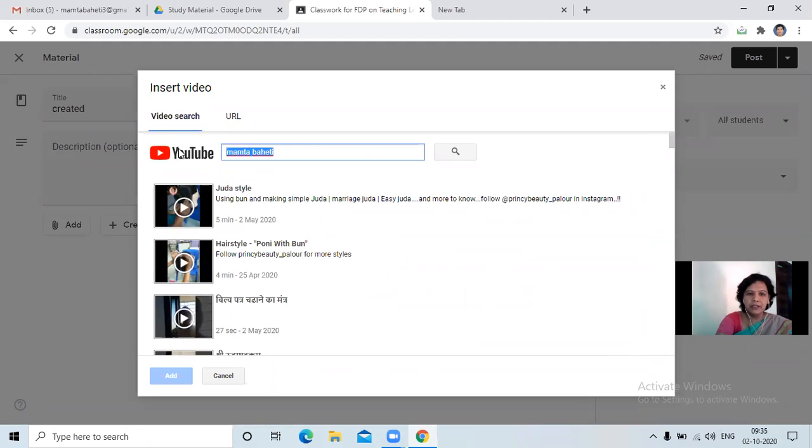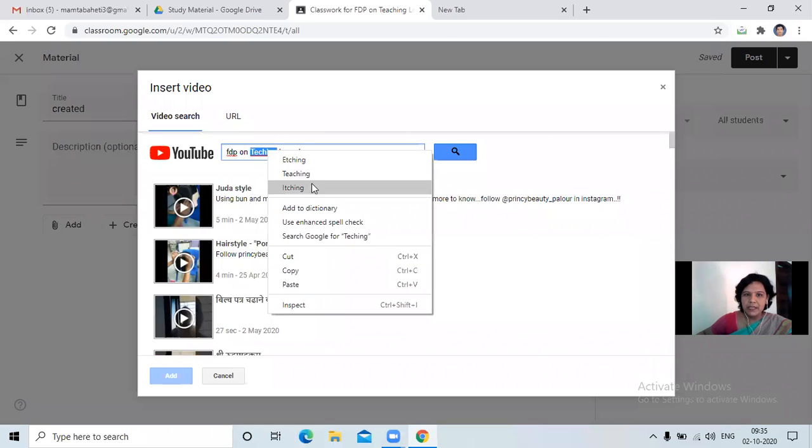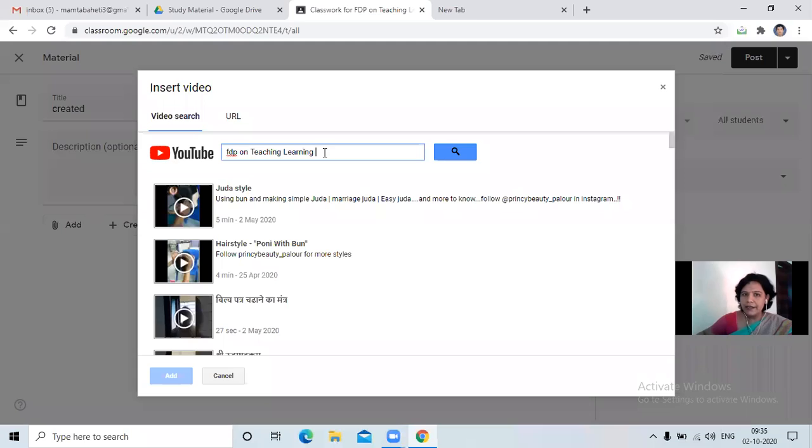I'll put here FDP on teaching, learning, and evaluation using the tools. If you make a mistake, just right click and you will get the things corrected.